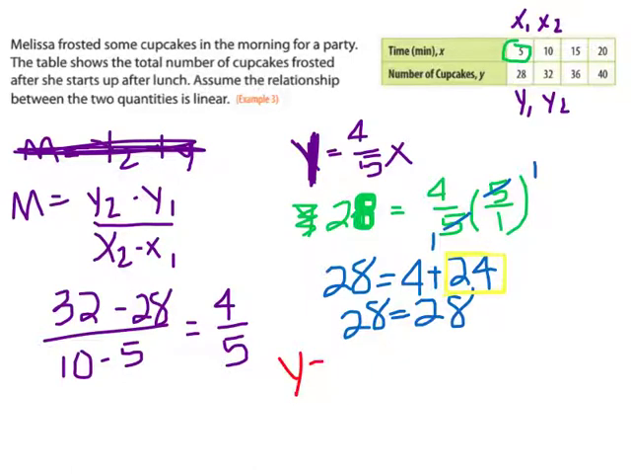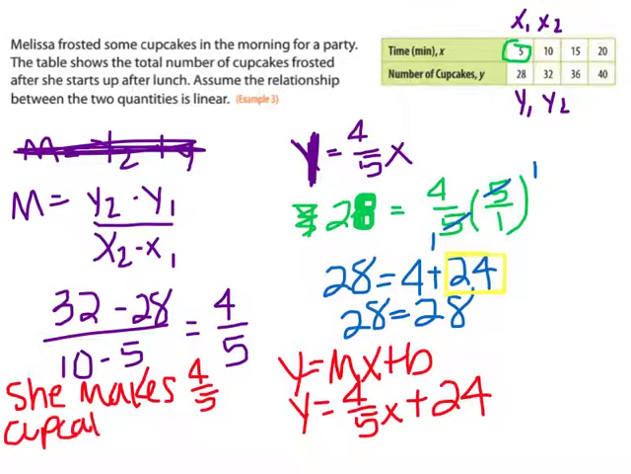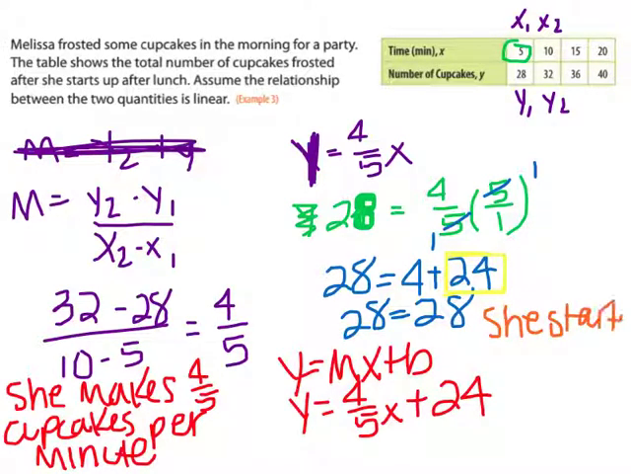So we have y equals mx plus b. Y equals 4/5 x plus 24. And that says she makes 4/5 cupcakes per minute. And then that also says that she started with 24 after